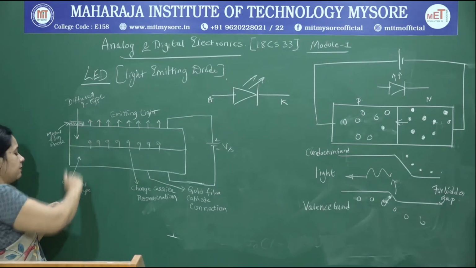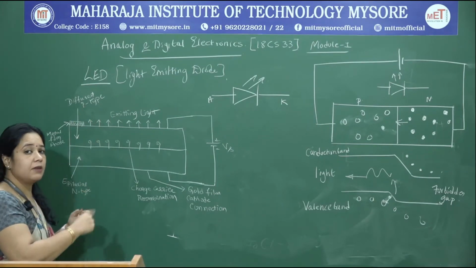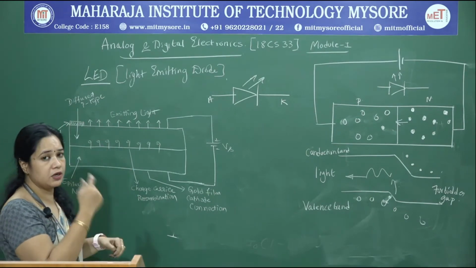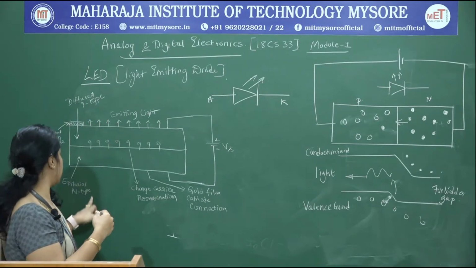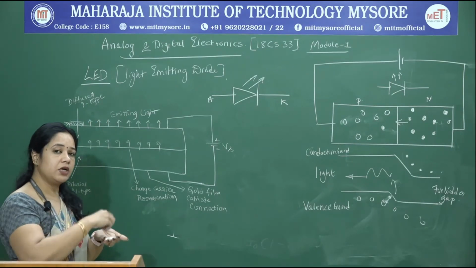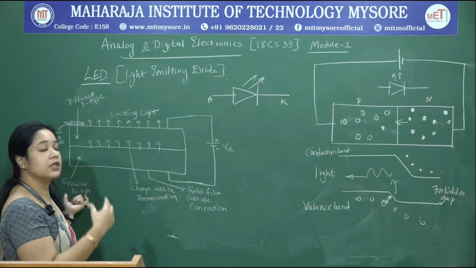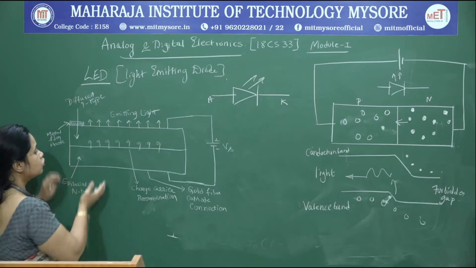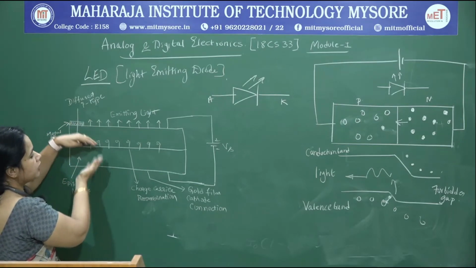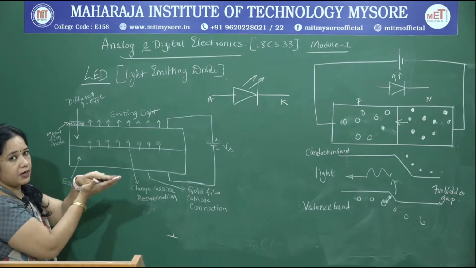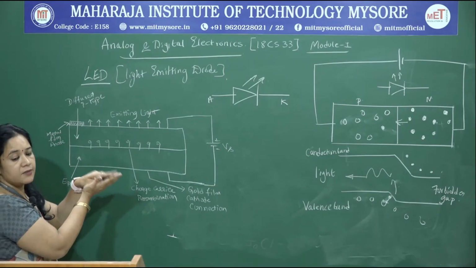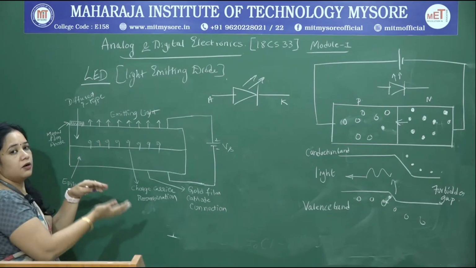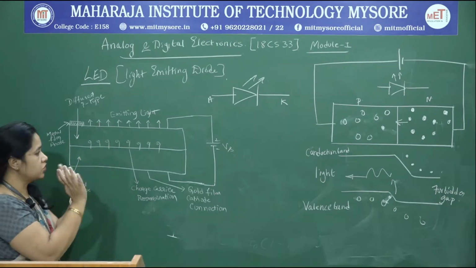Why do we call it diffused p type and epitaxial n type? It is named after the way in which it is developed. Here we are using the diffusion method to make a p type semiconductor, and on an n substrate we try to grow an n layer. That is the method of constructing an n type semiconductor, and we call it an epitaxial layer. When you bring a p type and an n type semiconductor together, there is diffusion of holes into the n region and electrons into the p region, forming a depletion region.